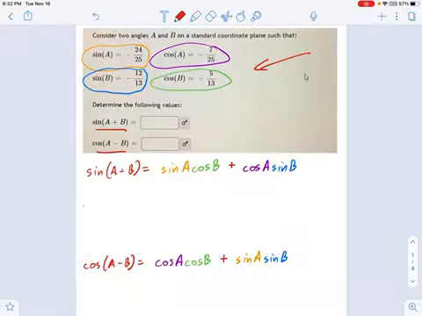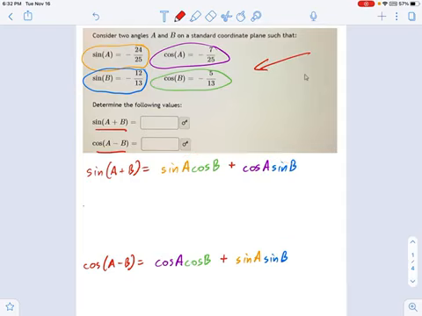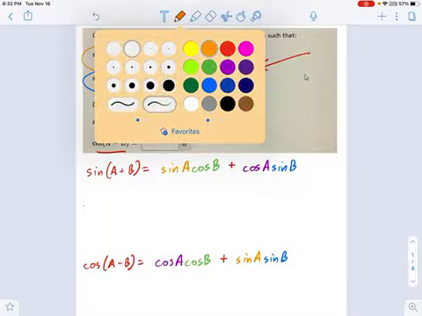So all we have to do is plug in these fractions that it gives us into the equation that we know and love for the trig identity. Sines can't change signs. That's this first one. And cosine changes the silly sign right there. You have to memorize these things. So let's go ahead and do that.